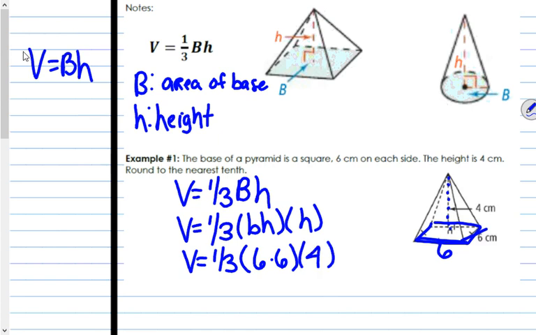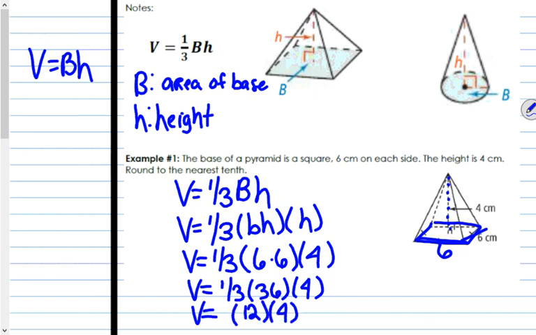So we have volume equals 1/3 of 36 times 4. 1/3 of 36 is 12, so 12 times 4, and volume equals